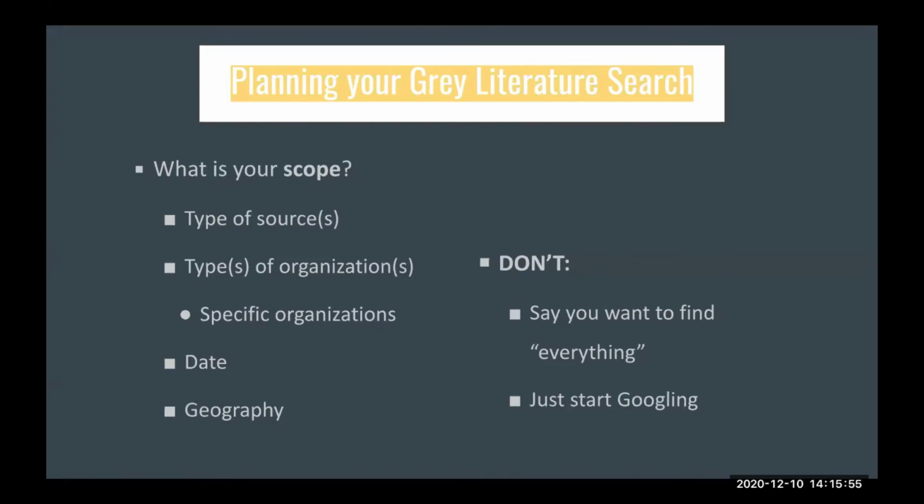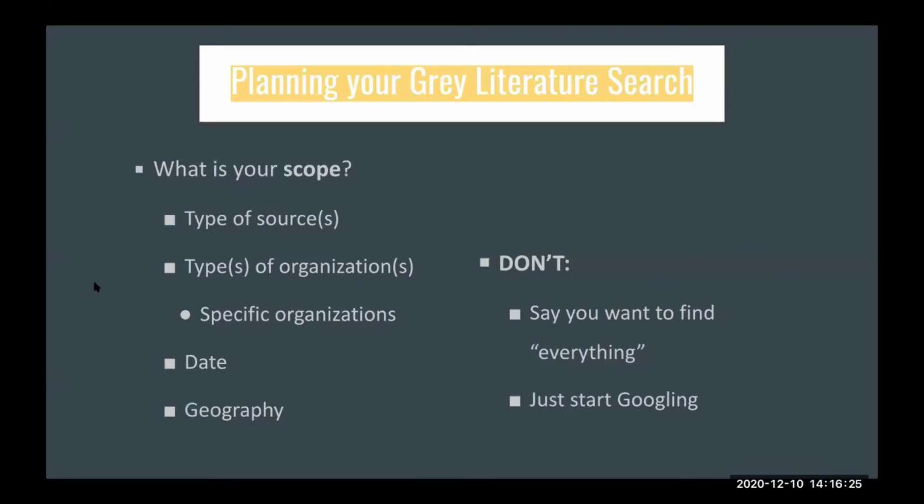Who might be producing this information? Once you have that in your head, you can start limiting yourself further and think, okay, do I care about school meals from 20 years ago? Is that relevant to my research? Do I care about school meals outside of New York City? Is that relevant to my population? That is the best way to set yourself up for success in planning your gray lit search,